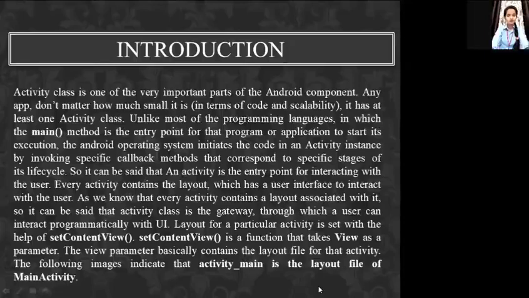Every activity contains a layout which has a user interface to interact with the user. As we know, the activity class is a gateway through which the user can interact programmatically with the UI. The layout for a particular activity is set with the help of the setContentView function. Each setContentView is a function that takes a view as a parameter. The view parameter basically contains the layout file for the activity. Next slide is